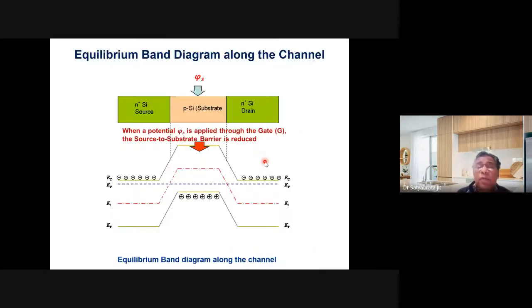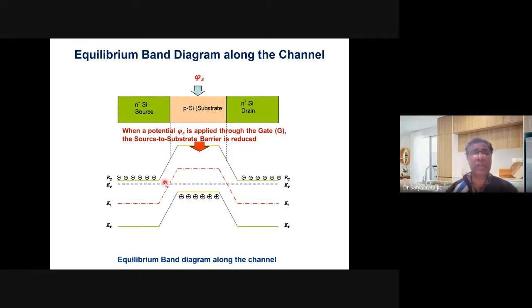if you consider the energy band diagram of this NPN transistor, then you will get this common Fermi level. The Fermi level is close to the conduction band in the n-type, and the Fermi level should be close to the valence band for the case of the p-type substrate, right? Now why have I drawn this